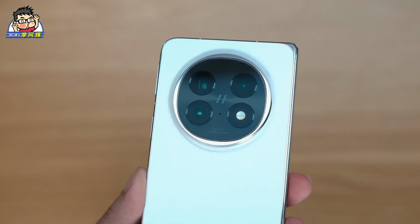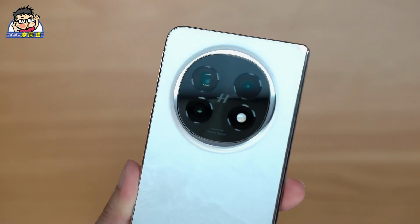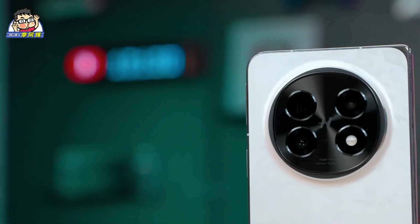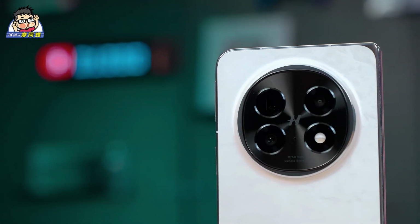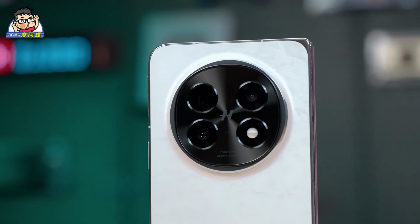First of all, I have to say that the main camera specs have slightly decreased, but with the Hasselblad tuning, the OPPO and Hasselblad co-branded collaboration, I find I really like this Hasselblad tuned style. It looks very good, and the colors are very enduringly appealing. Telephoto, I actually think there's no problem at all. 3x telephoto, it can provide